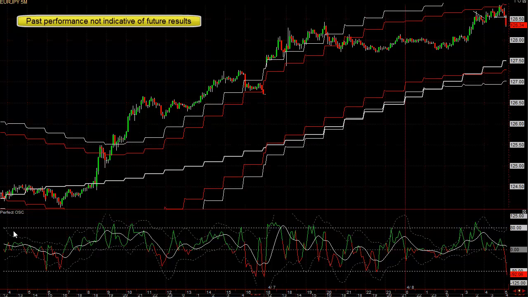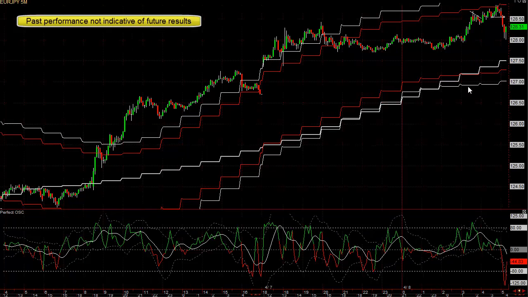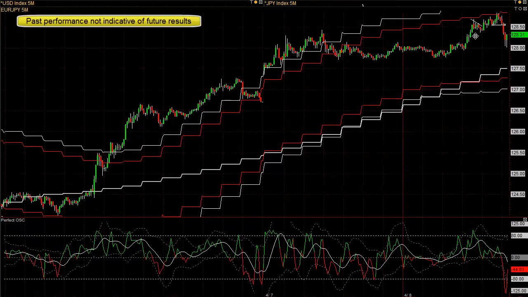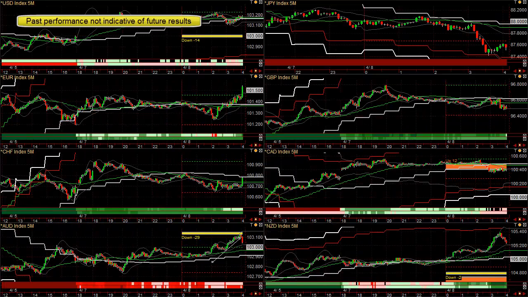Notice the pullback. It's on the perfect oscillator. It's underneath the -80 level. This is kind of where I'm looking to get into a pullback. And on a 5-minute chart, you probably can't see the perfect entry. So we're going to drop back to